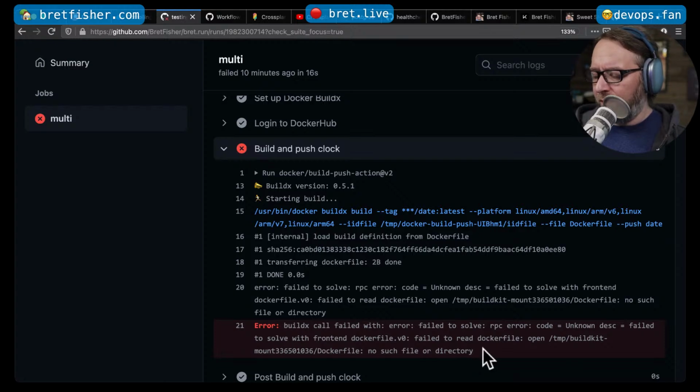No such file or directory. Okay. So let's see. The command is docker buildx build, tag date latest, platform